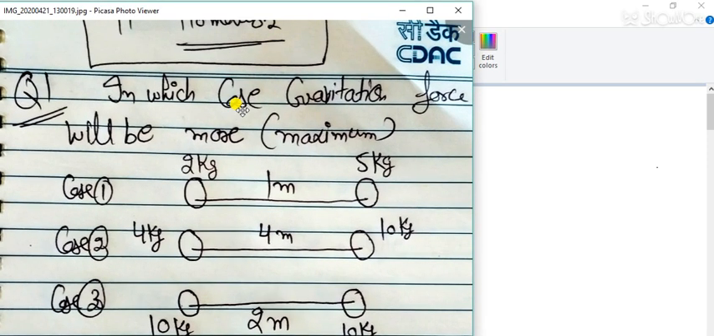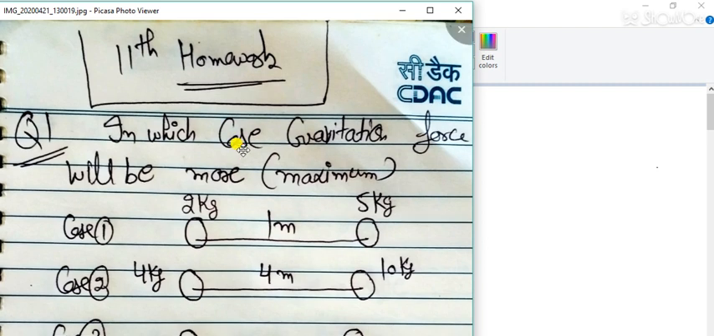So, today is 21st of April, and I have given you two questions in your homework. The first question is based on the gravitational force. First of all, you must know the formula for gravitational force. We have already discussed in our lecture today that force is equal to G into m1 into m2, where m1 and m2 are the masses of the respective bodies, and r square, where r is the distance